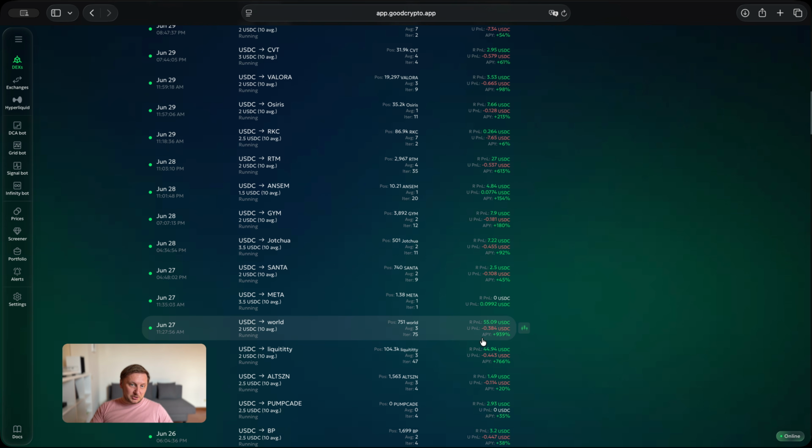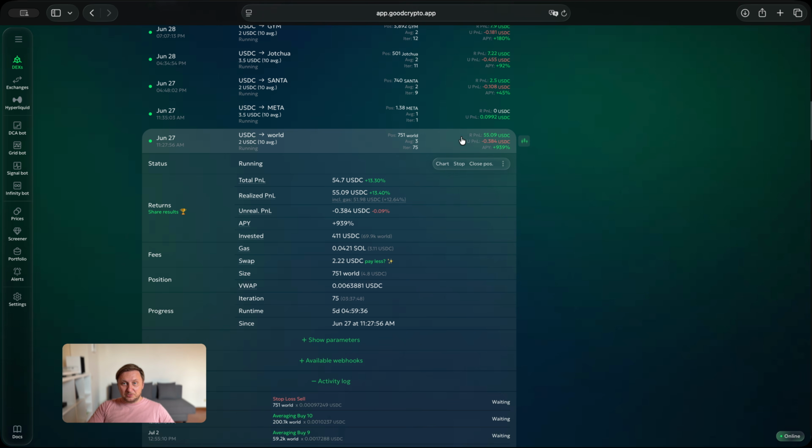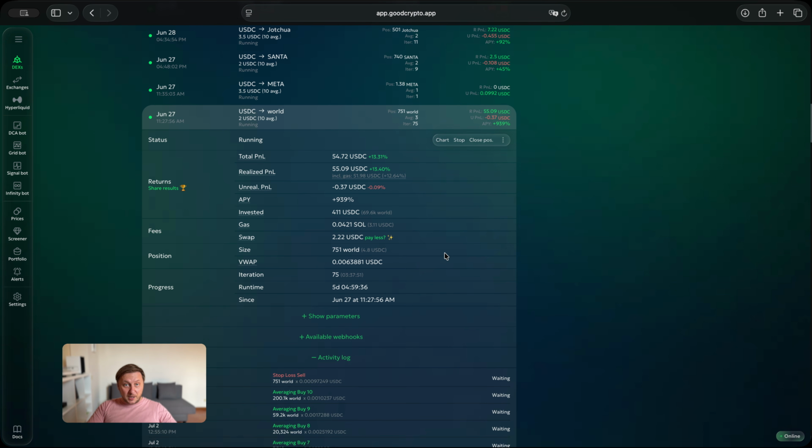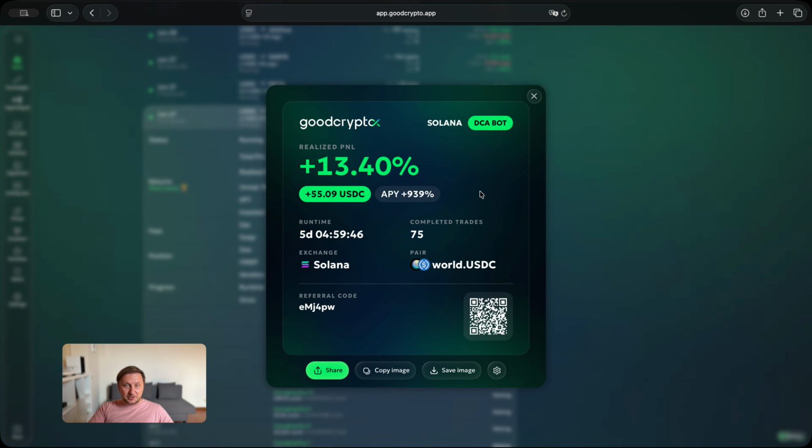Well, in my case, that would be the subscribers to my Telegram channel, where I share my bot setups, and now it's going to be much easier. So what do I do here? I just open this bot, and you can see now that you see this new thingy here. Under your returns, you see the share results button. Supposedly, you've got the results to share, right? And you just click on it, and you get this basically sharing screen where you've got everything